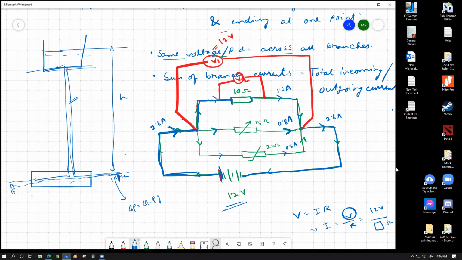ক্যালকুলেশনের প্রসিডিউর এই পর্যন্ত বুঝা গেছে কিনা? Yes, sir. আচ্ছা, another thing that I would like to also show you is how do we